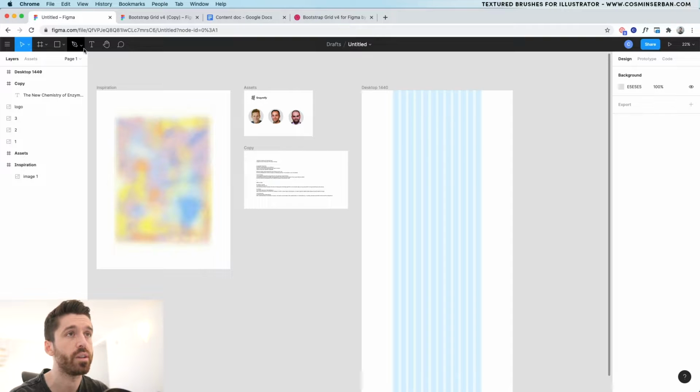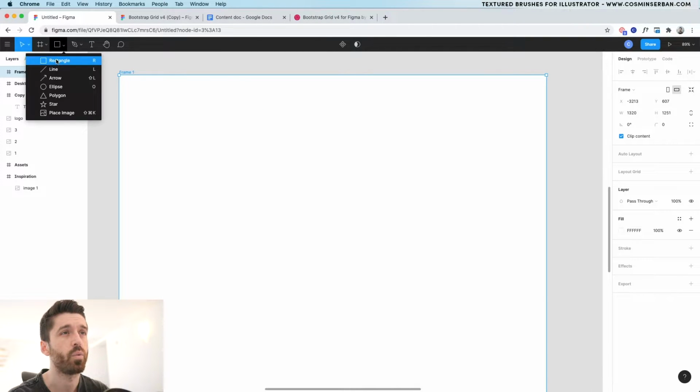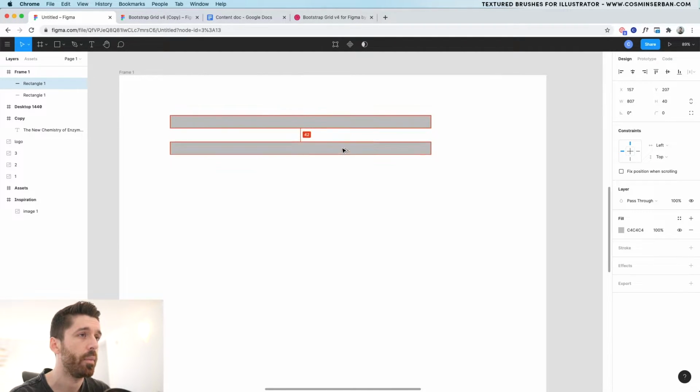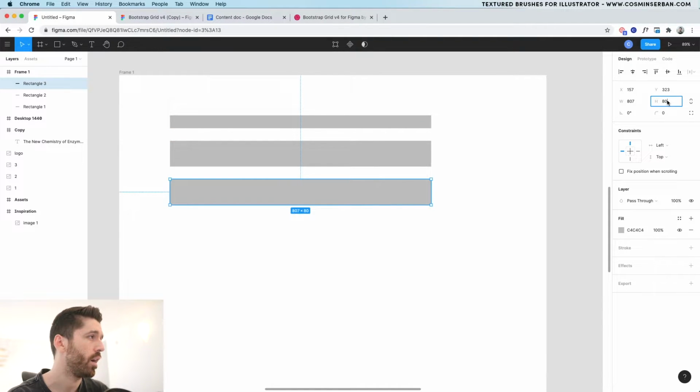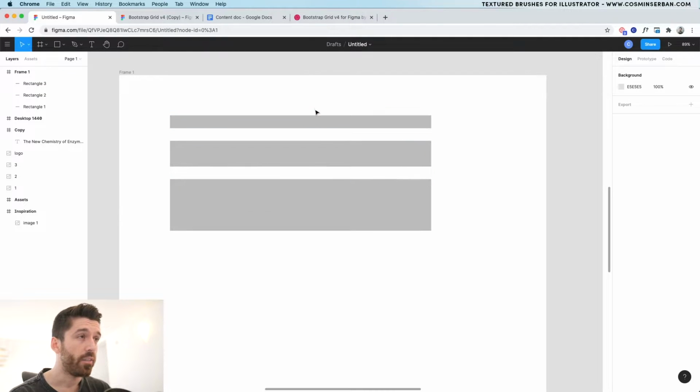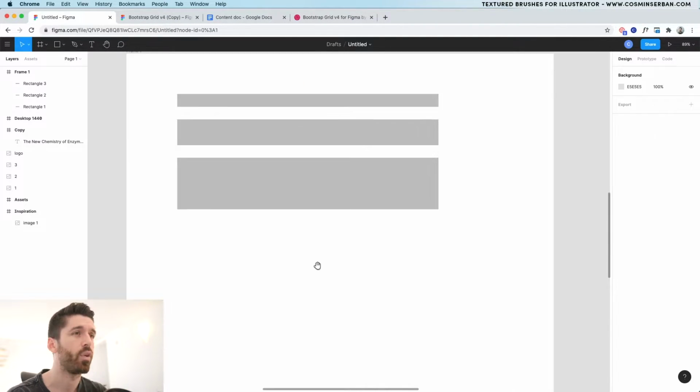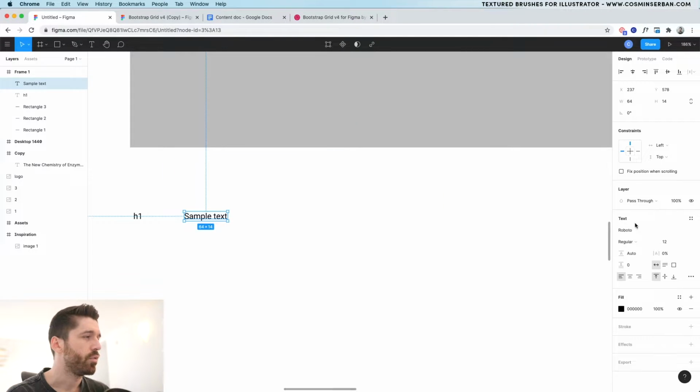So for that, I'm going to create a new frame. And for the spacing, let's start with a rectangle. I'm going to create a rectangle like this, and I'm going to use maybe multiples of, let's say 40, and then make a duplicate. This one will be 80, and then I'm going to have 160. So I have these shapes. I'm going to use them to actually space out the elements inside the homepage so I can get a more consistent look and a more consistent spacing. For the copy, I'm going to use maybe a font size, maybe multiples of 4. I know that for H1, I want to use the font called Moret.